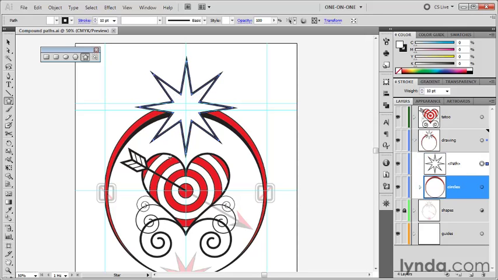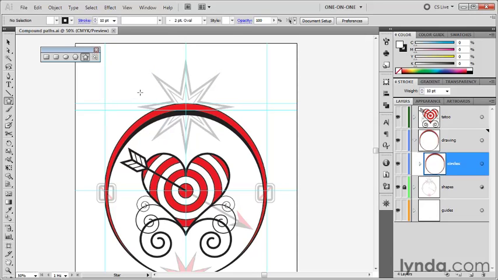So you know what? I'm going to go ahead and release the mouse button and restart this shape. So I'll press the backspace key or the delete key on the Mac to delete the star. I know I told you never to delete shapes inside of Illustrator, but my caveat was, if they're totally wrong, just get rid of them, of course. It's only if they're good design elements that don't fit that you want to keep them around. Anyway, I want to drag from, I think, about there, and I'll drag down this vertical guideline like so